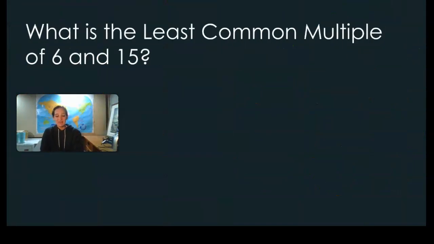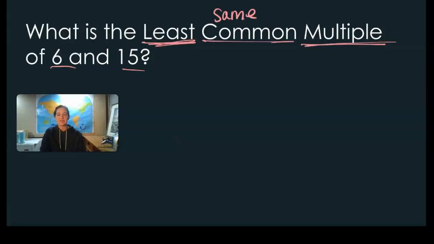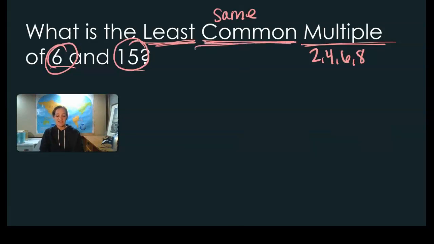All right, the next problem is what is the least common multiple of 6 and 5? Least means smallest, common means they're the same. And then multiples, the multiplication chart. So multiples are like your skip counting, 2, 4, 6, 8. So I'm going to take those two and I'm going to list out the multiples